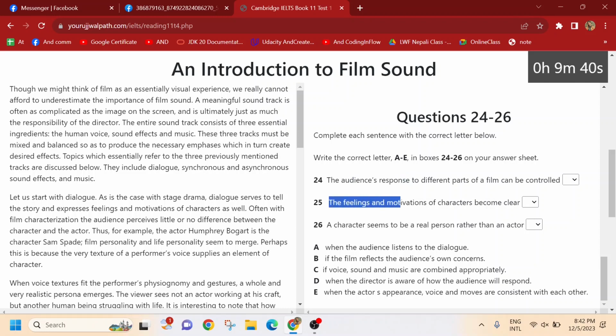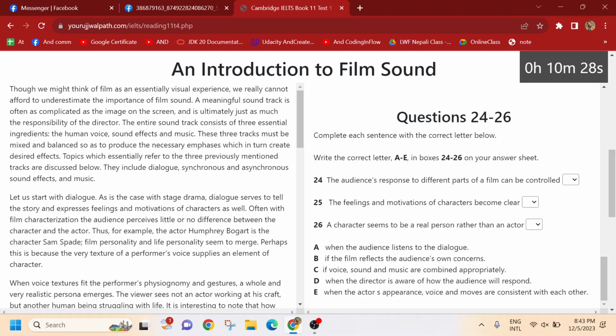We have: the feelings and motivation of characters become clear. Let's see if we can find feelings and motivations of characters. So here, let us start with the dialogue, and we just skip some words: tell, story, expression, feelings, motivation. We can see the direct words: feelings and motivations.